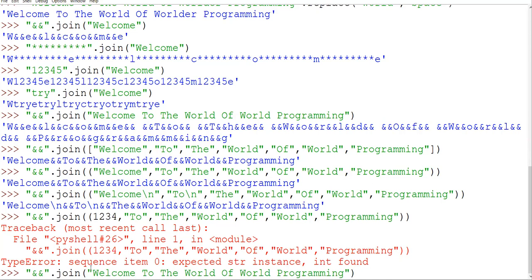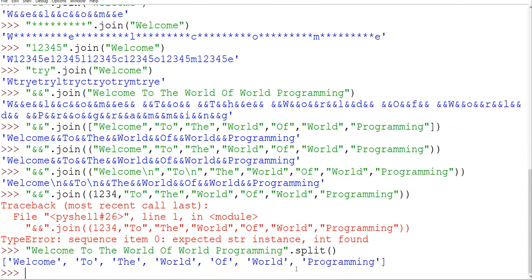Now, for example, suppose I am taking this complete line. This is my string: "Welcome to the world of programming". Dot, and as I said, my function is split. So simply I have to type split and I will not give anything. If I am not giving anything, then by default spaces will be considered as the splitting value. You can see wherever a space was there, it has assumed that as the separator, or you can say the white space will be considered as a breaking point if we are not giving anything.